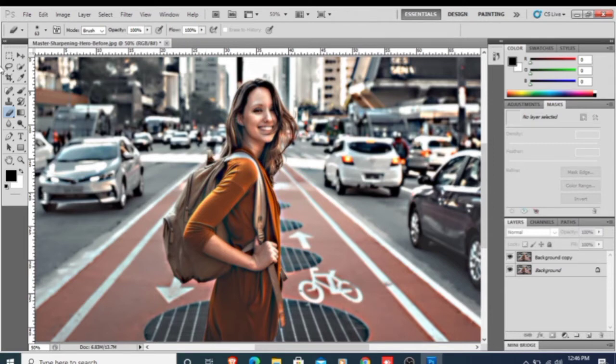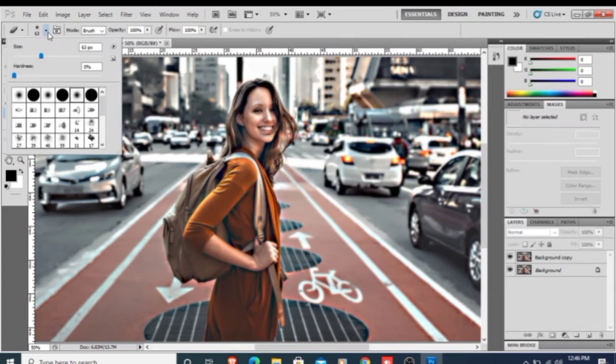Now we have to select the Eraser option from the tool menu. This one is your eraser option, and we have to select the soft brush, the soft edge brush, whatever we require.